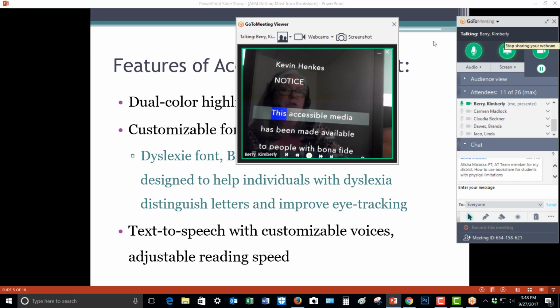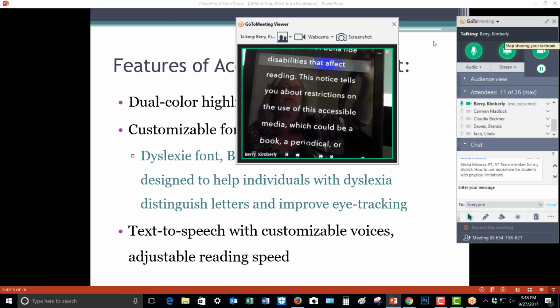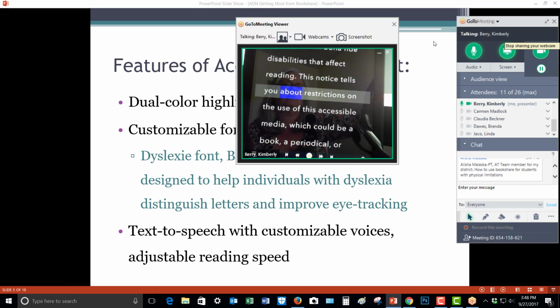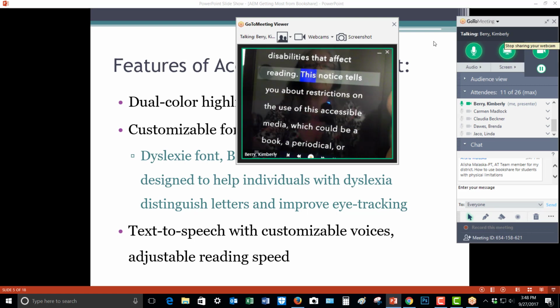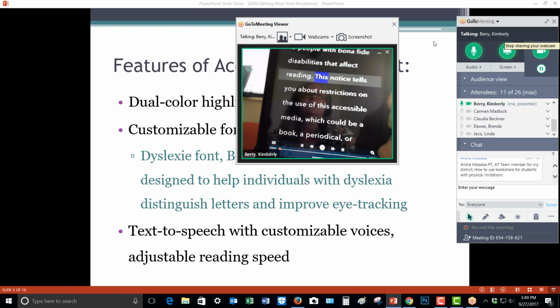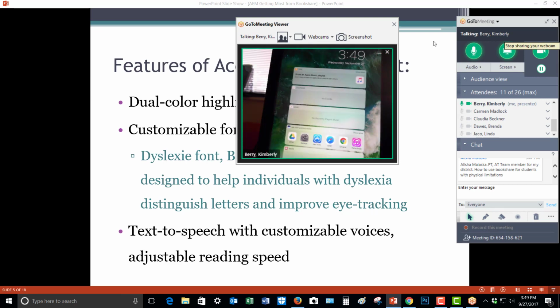When I play it, you'll hear the voice, hopefully. This accessible media has been made available to people with bona fide disabilities that affect reading. This notice tells you about restrictions on the use of this